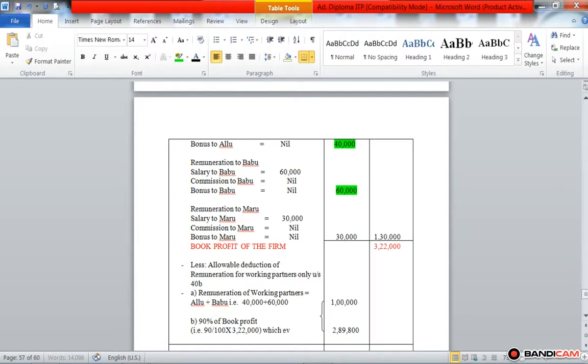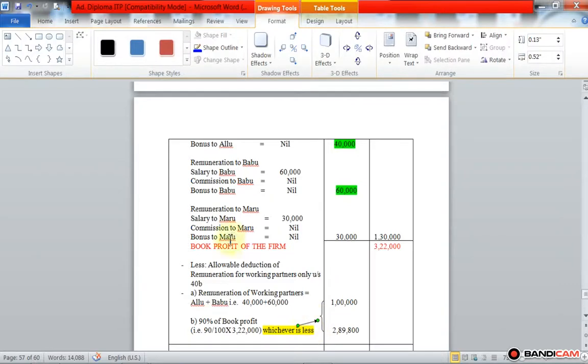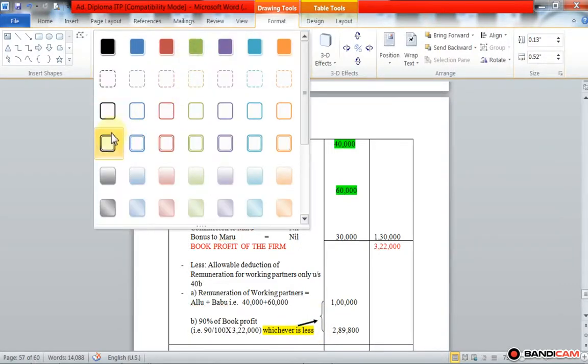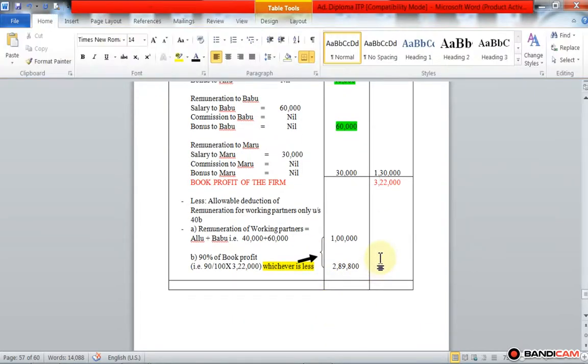So whichever is lower from A and B, whichever is less. So whichever is less is rupees 1 lakh. 1 lakh is deducted from